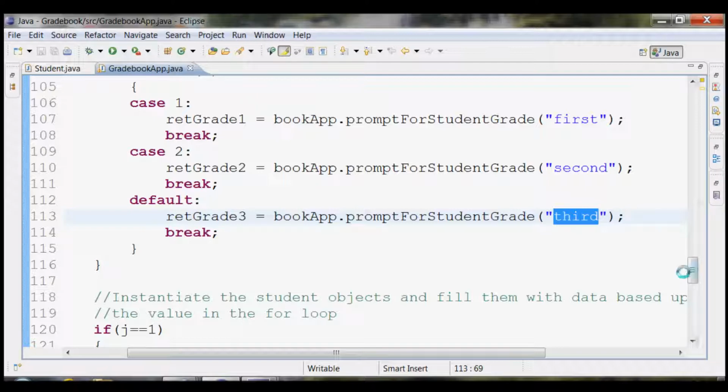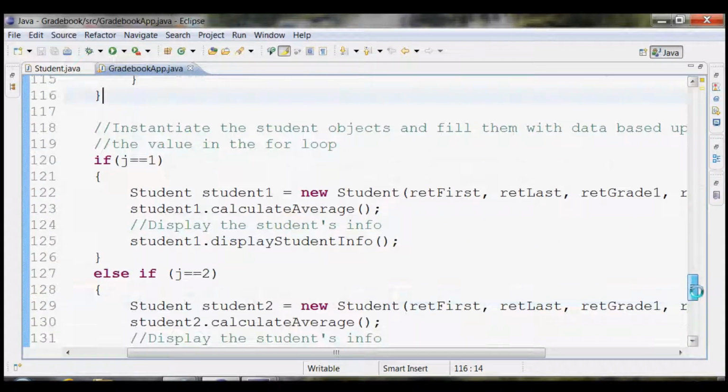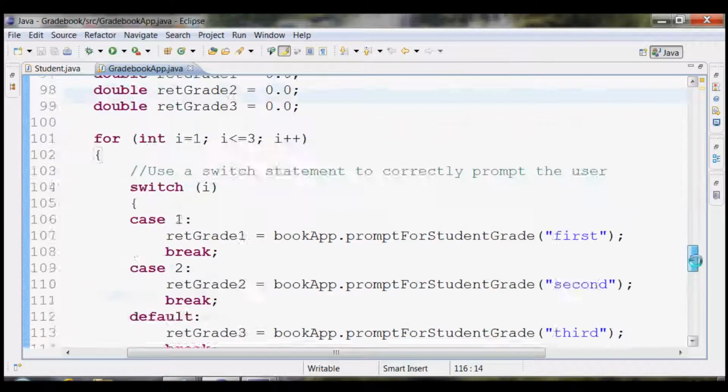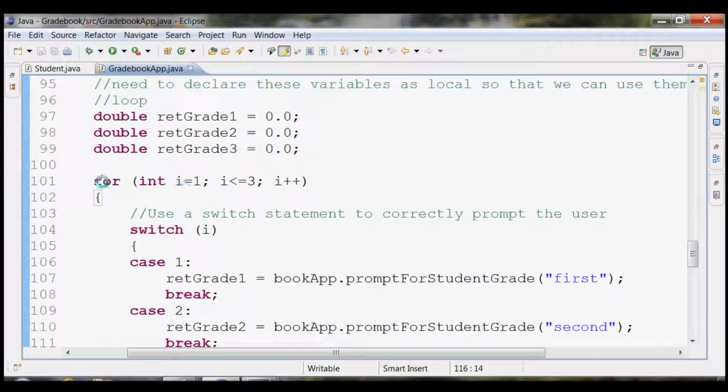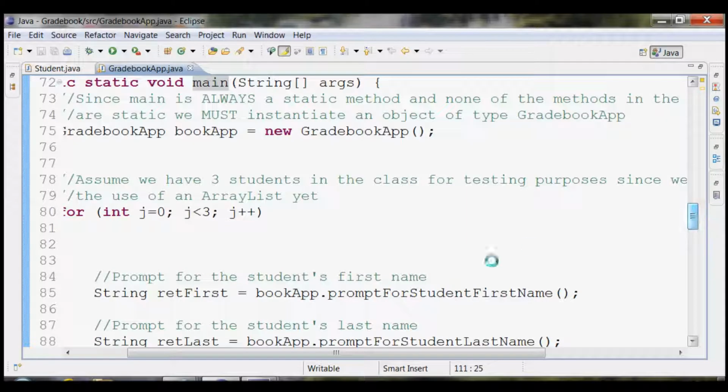Now that I have collected all of my 3 grades and the student's first and last names, I'm going to instantiate the objects. Right? In this case, I decided to use an if statement. So if the counting of the outer loop. Note, remember, this is the loop for the grades. This isn't the loop for the students. If the outer loop, which is the j loop, is